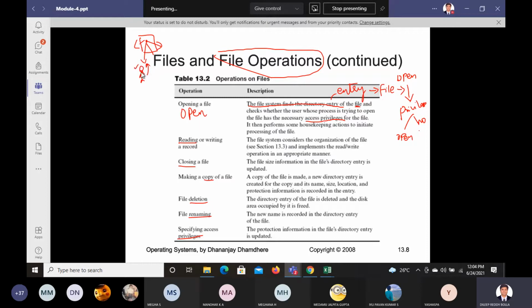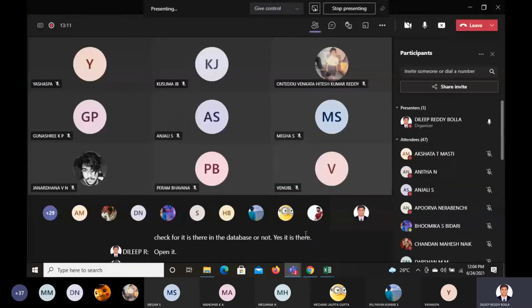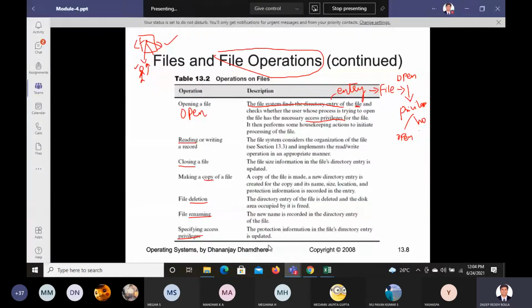With face recognition, if the iris is matching, open the door and give access. If the iris is not matching, don't open the door and don't give access. Simple as that. It will check whether it is there in the database or not. If yes, open it. If it is not there, don't give the corresponding access.